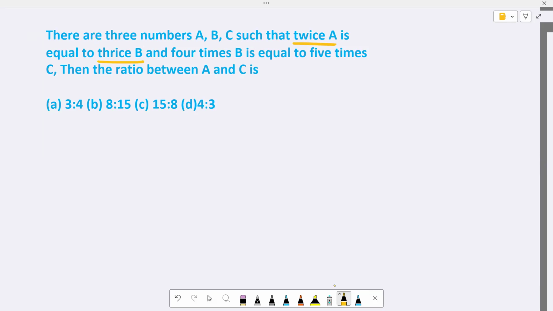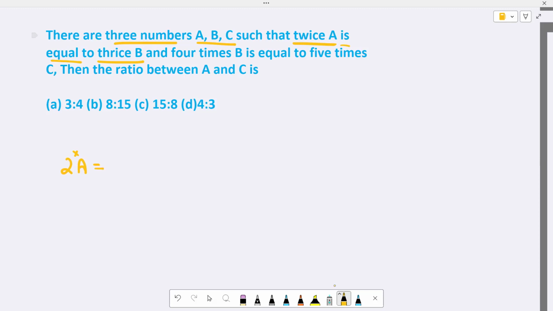Now here they are saying that there are 3 numbers A, B and C such that twice of A, which means 2 times A. So here A is some particular number, and if you multiply it by 2, that means twice of it